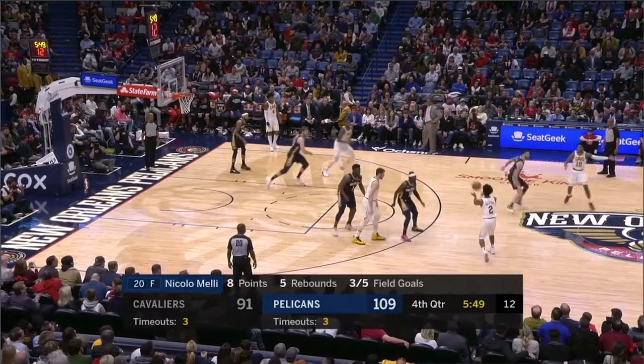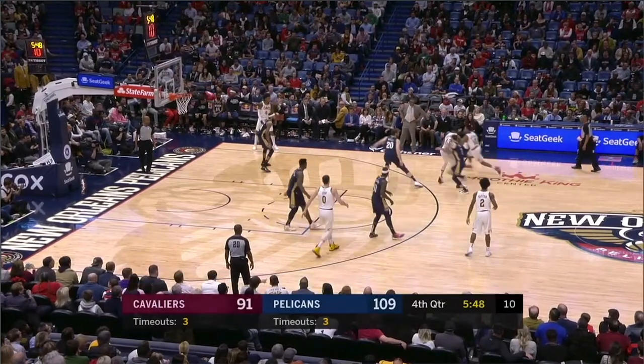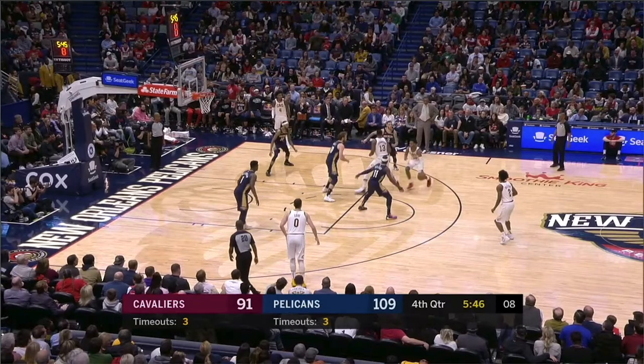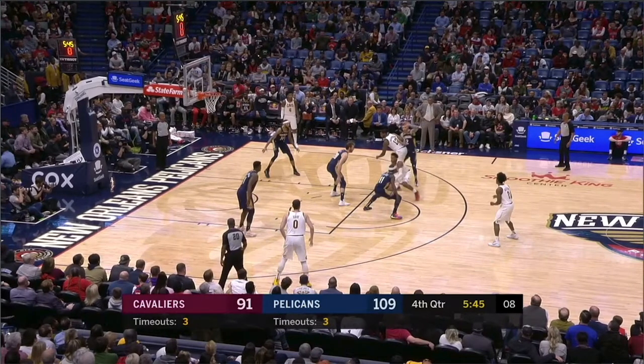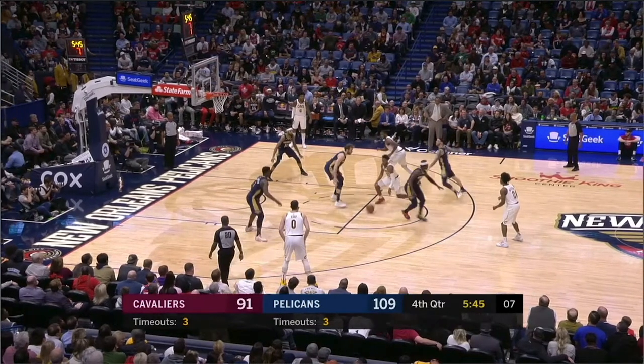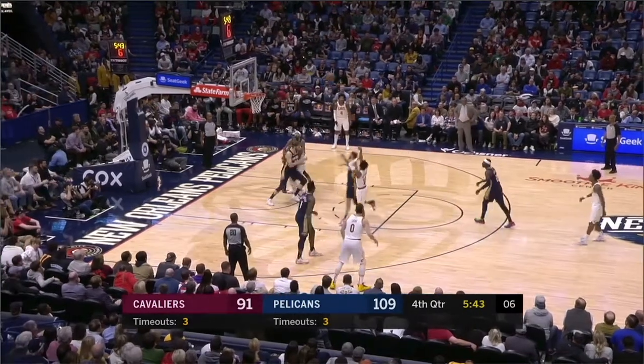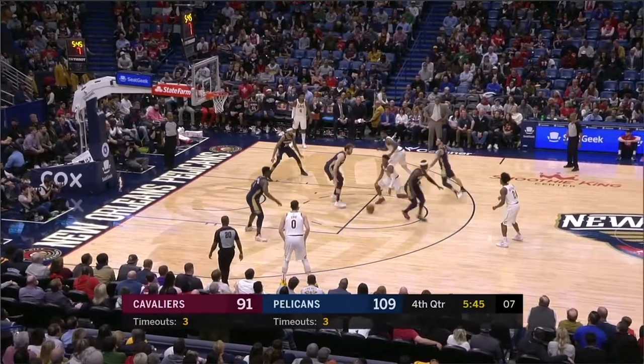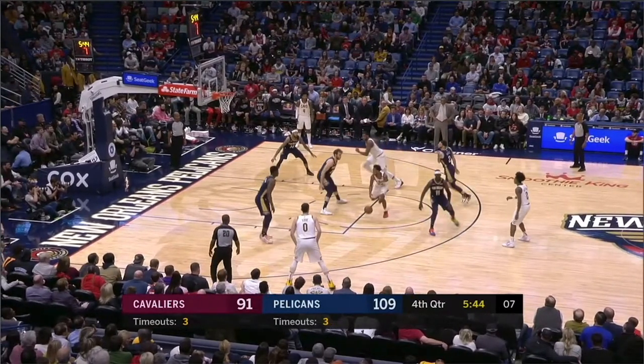All right, we're looking at an offensive clip here. So Tristan Thompson's going to set one ball screen. The Pelicans are going to go under. Tristan Thompson does a great job of twisting right into a second ball screen. Now, this can't possibly be the shot you get. Look at this. A fadeaway mid-range jumper that's contested. I mean, okay. So, again, the Pelicans are in this drop coverage here.